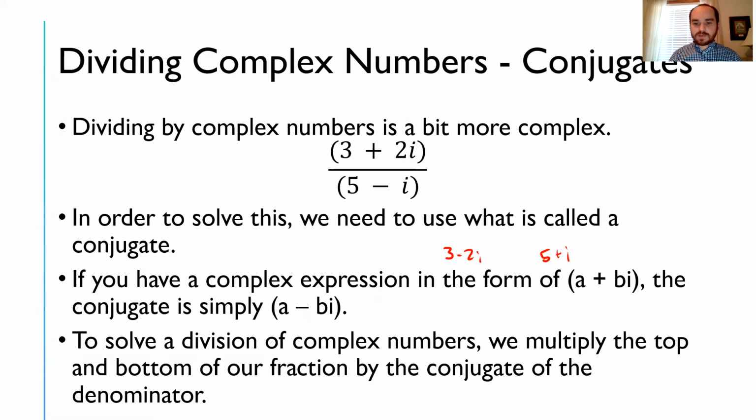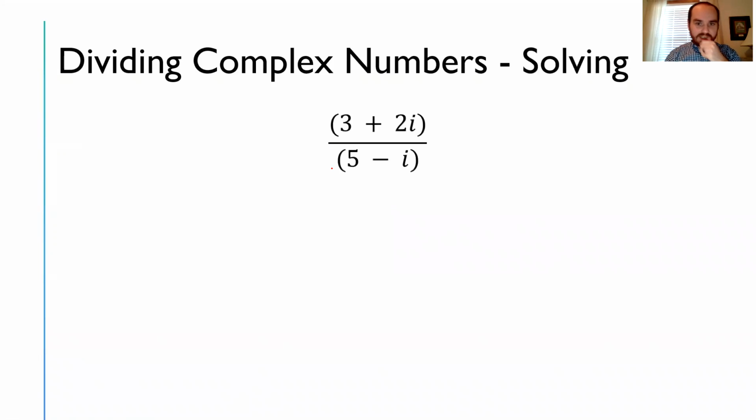So to solve a division of complex numbers, we need to multiply the top and bottom of our fraction by the conjugate of the denominator. So in this case, we'd multiply by the conjugate of 5 minus I. So on the next page, let's do that. So we want to multiply each side by the conjugate. We've got 5 plus I over 5 plus I. So when we FOIL the bottom one, we've got 5 minus I